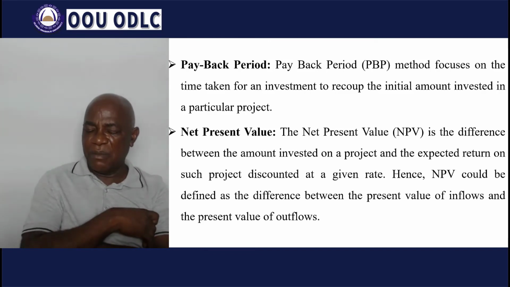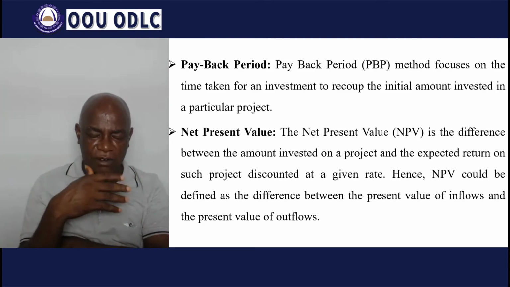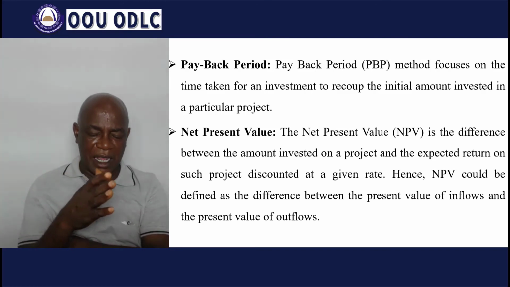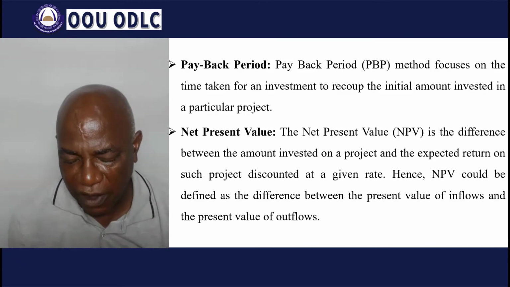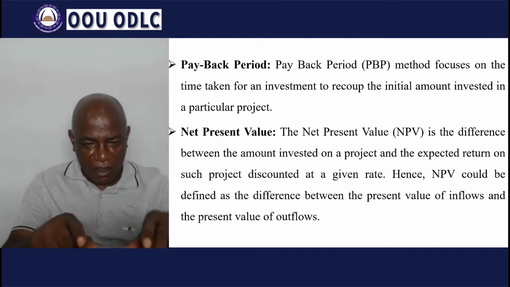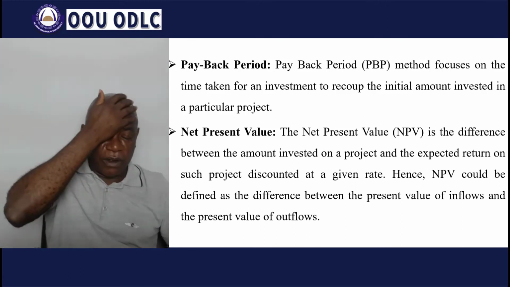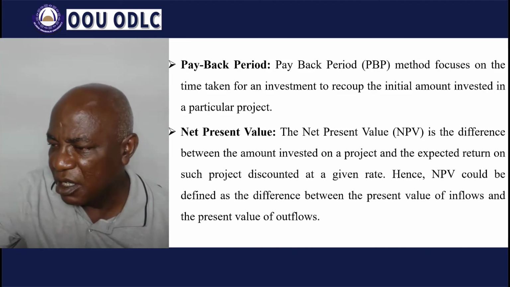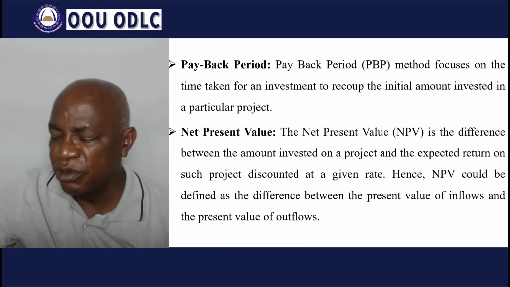And the higher the net present value you have, that is, the higher the amount of net present value received, the better the project is. So if you have 2 projects and you calculate the net present value of the 2 projects, one is giving you 10 million, the other one is giving you 2.5 million. Which one will you prefer if it was a personal decision? Is it the project that will give you 10 million returns or the one that will give you 2.5 million return? So the higher the net present value, the better the project. And that is the decision rule for a simple project.